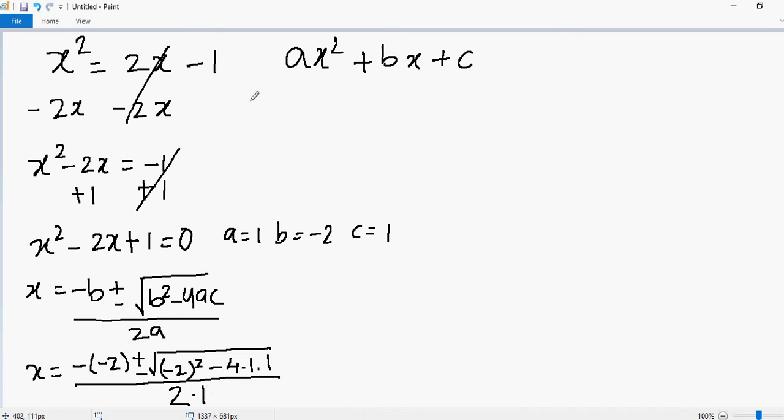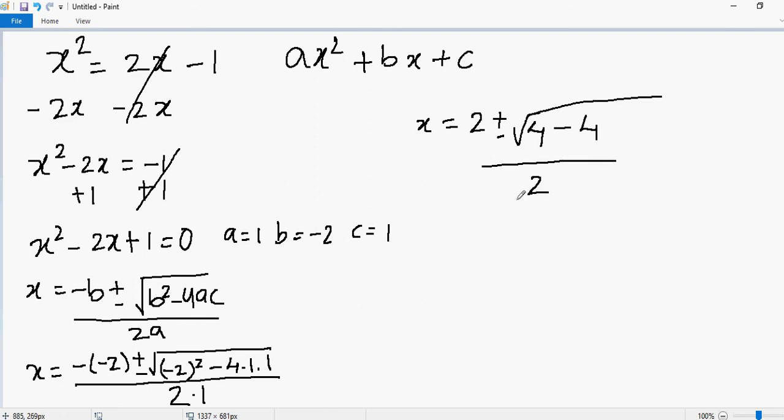Now we have x is equal to negative times negative 2 will be positive 2. It's just like negative 1 times negative 2. So that will be positive 2. Then we have plus and minus under root. Negative 2 square will be negative 2 times negative 2 will be positive 4. Then we have the minus sign. 4 times 1 will be 4, and 4 times 1 will again be 4. So this will be 4. And then we have 2 times 1 will be 2. Now x is equal to